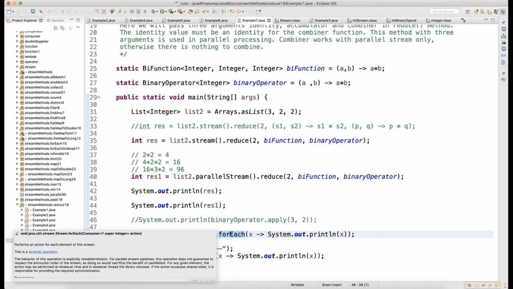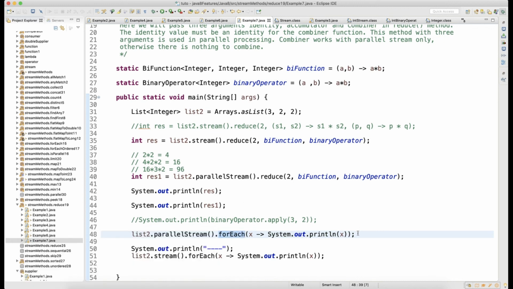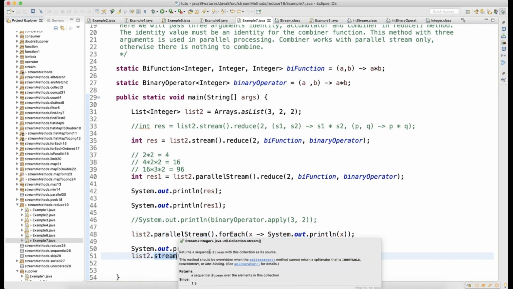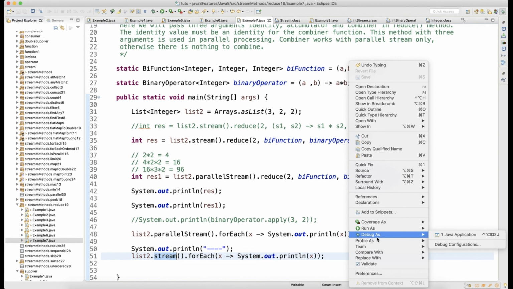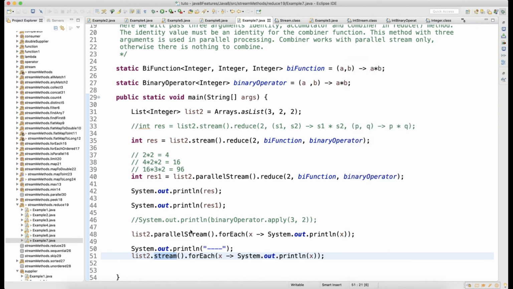I have not covered parallel stream yet, I will cover it in a different chapter altogether. When you say dot parallelStream dot forEach, I'm just running a forEach loop, guys. It will run your data in parallel and print the data. This is parallel, and this again I'm calling a forEach loop on the same list, a stream.forEach, so this will run sequentially.